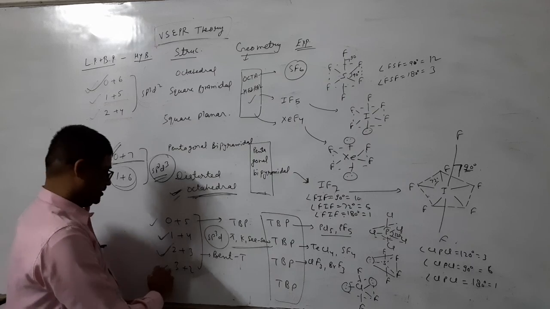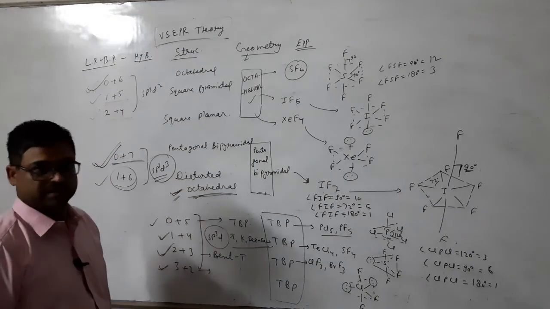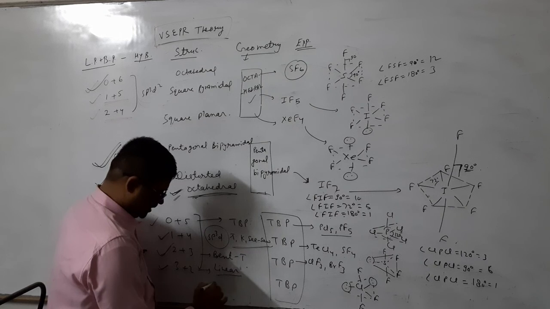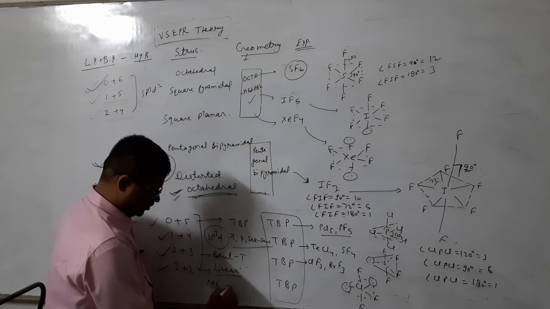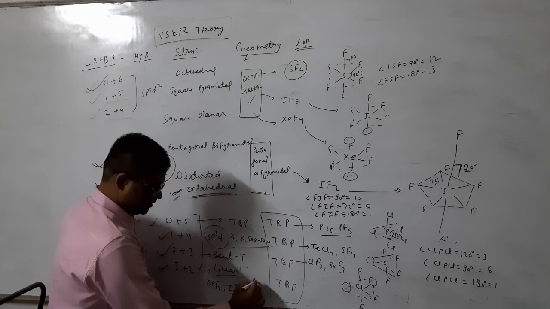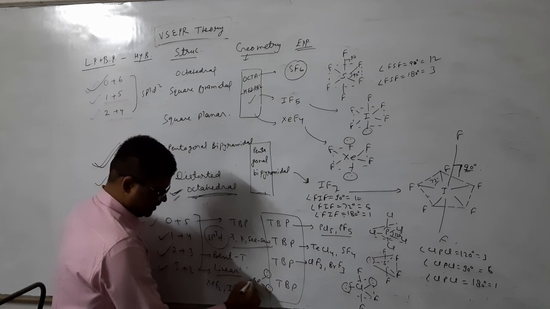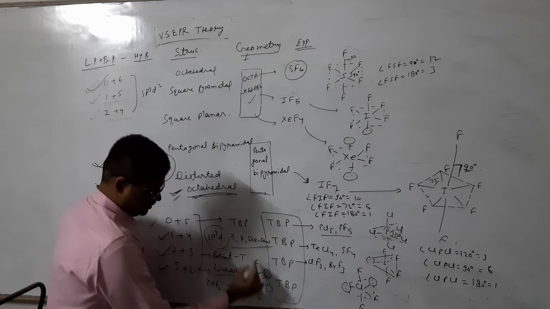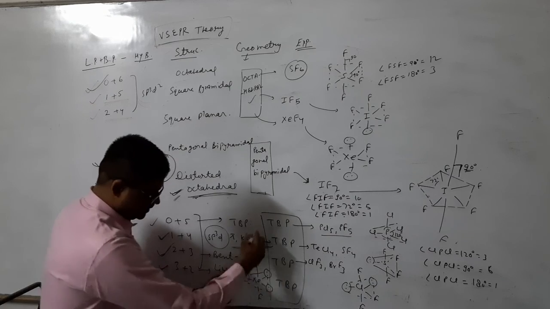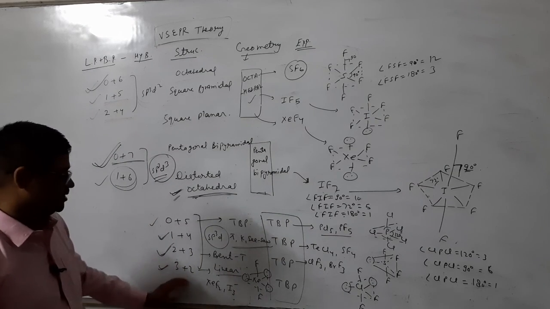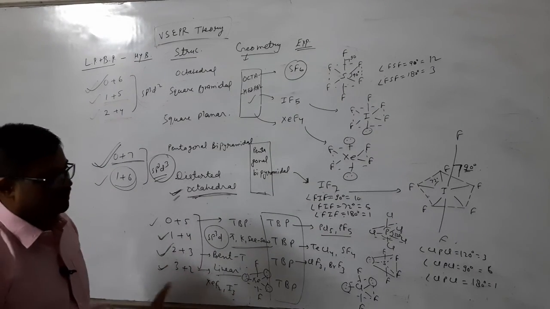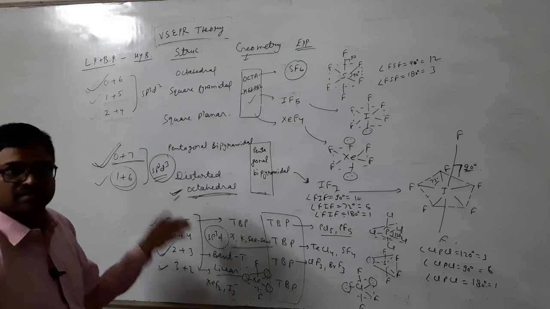Now I am taking the last case, the 3 plus 2 case. I am making the structure here, which is linear, and the example I can take is XeF2 or I3 minus. Clear? This is linear. If I put my hand on this, you can see this is linear. So in the 3 plus 2 case, it is linear. Clear? So that is all about sp3d hybridization, which was cut in the last video.